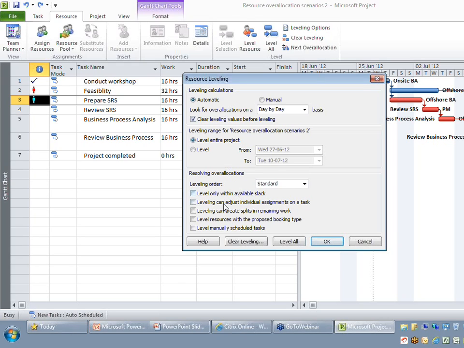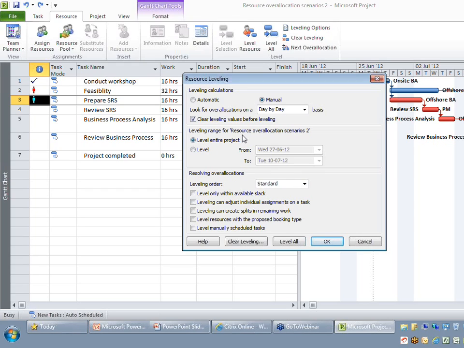The algorithm is basically decided by the factors you see in the 3rd section. If you want to do a one-time leveling, I recommend you go for the manual option. But if you want the leveling to be done automatically every time, then go for the automatic option. In this demonstration, I will stick to manual.